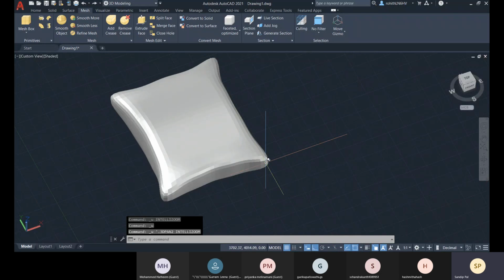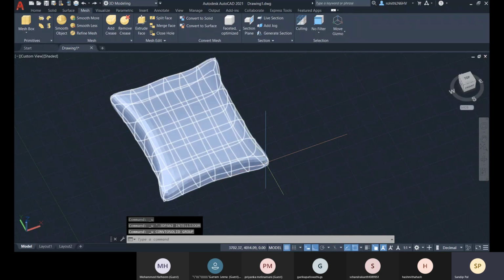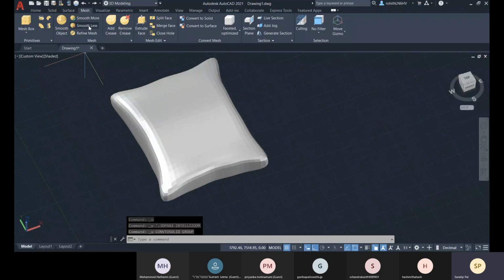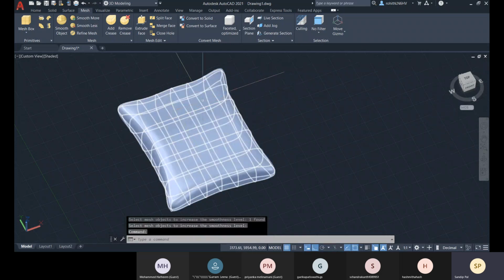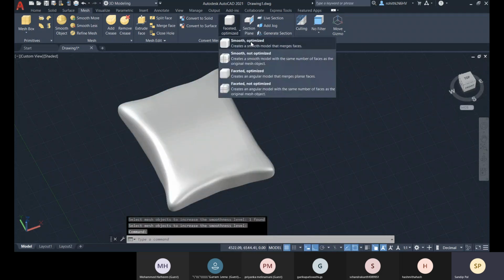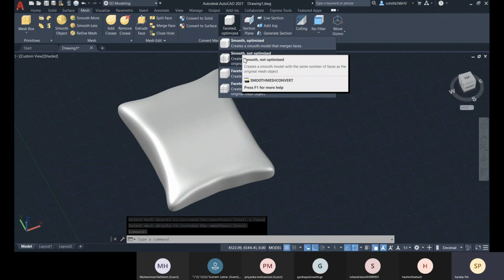So if you go for surface, let me make it smooth more, so that you can get a better surface. For that you can go with smooth optimized or smooth not optimized.